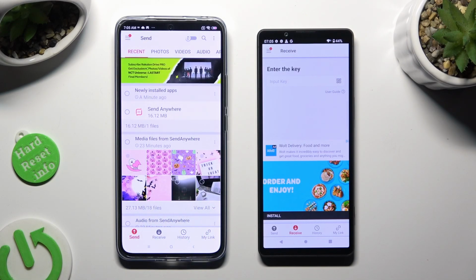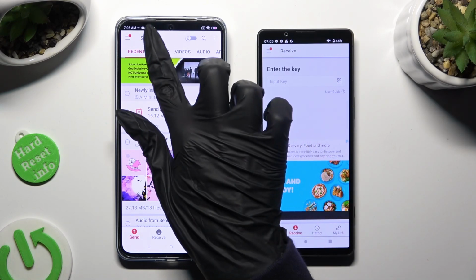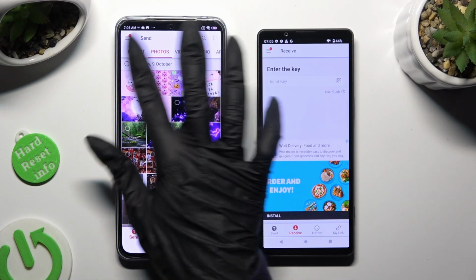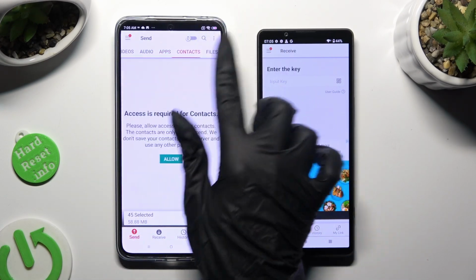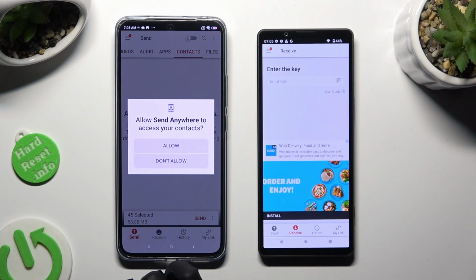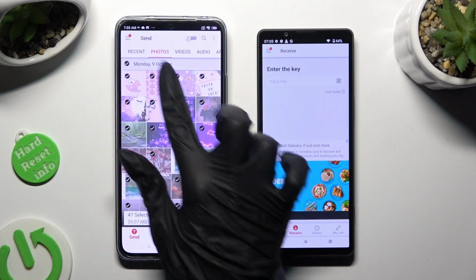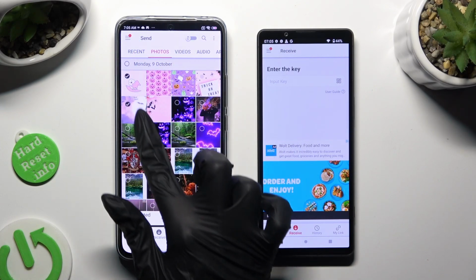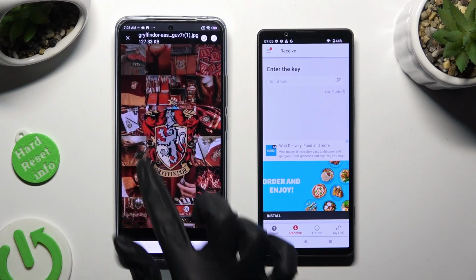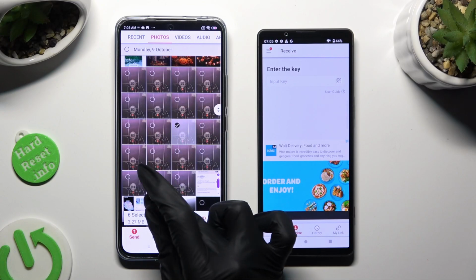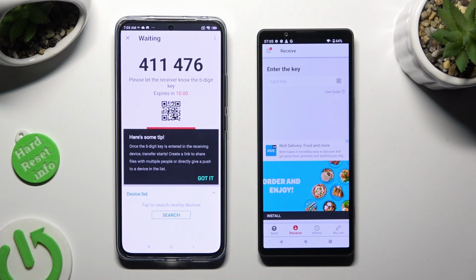Finally, on Xiaomi, use all of those categories available at the top and select all of your files to transfer. In some of those categories, you need to click on Allow one more time. After locating and selecting all of your data, click on Send next to Selected at the bottom. Then choose Got It in Here's Some Tip pop-up